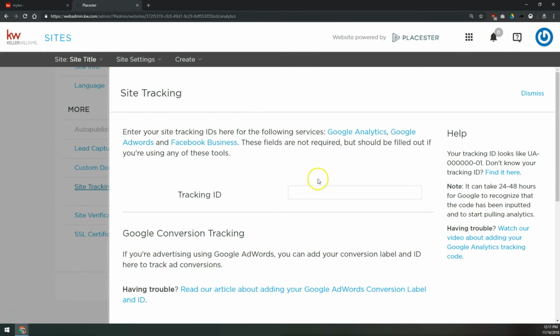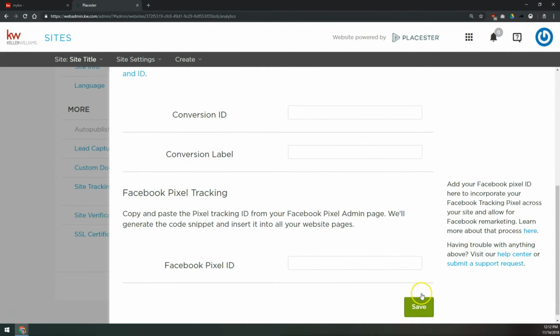So in this top section here, this tracking ID section, this is where you can set up Google Analytics. If you've got a Google account, including your KW email, but any other Google account also, you can set up the free Google Analytics that Google provides to everybody. And you can track that here on your site for that activity information. You would go to analytics.google.com, set up your account. It would give you a tracking ID that looks like this, UA-number. You would paste in that code into this box right here, scroll down and click Save,